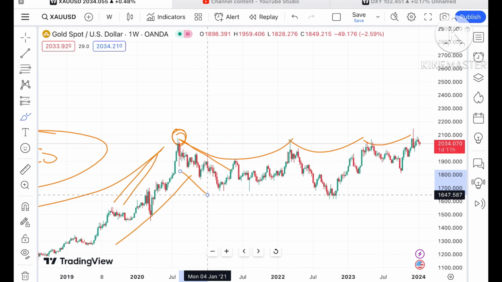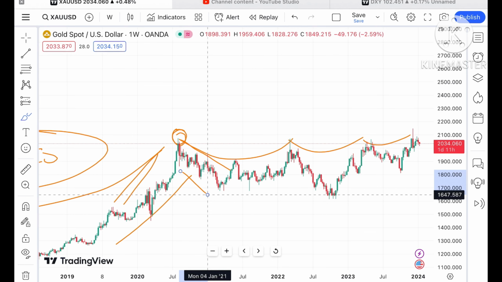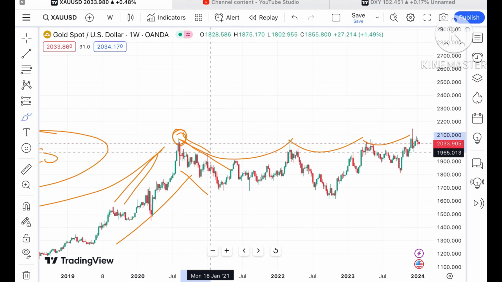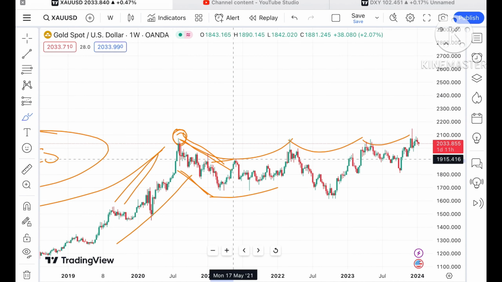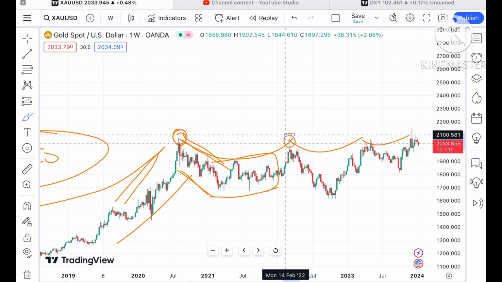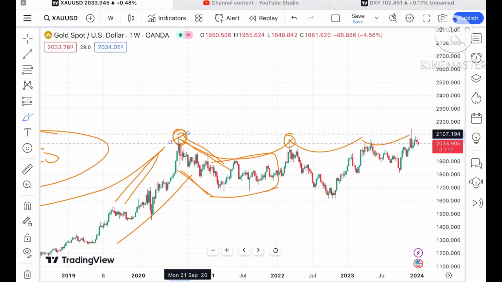Why did the downfall come? Because profit booking came. It is not only in gold, but other commodities have also seen this, and even the currencies, whenever they were going high, we saw profit booking coming. Now there is a continuous downfall we have seen. After that again it tries to move in a zone, and then it made a new high.